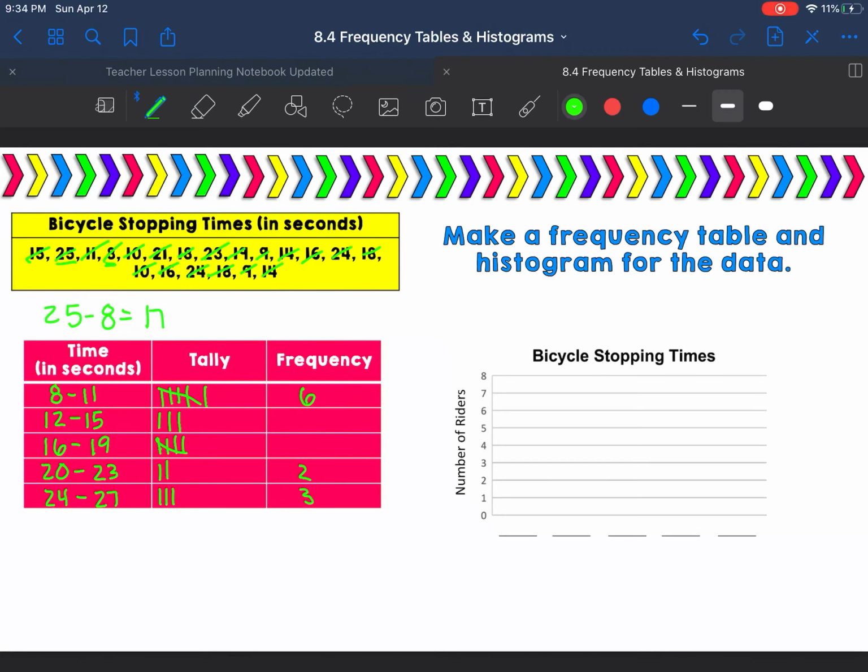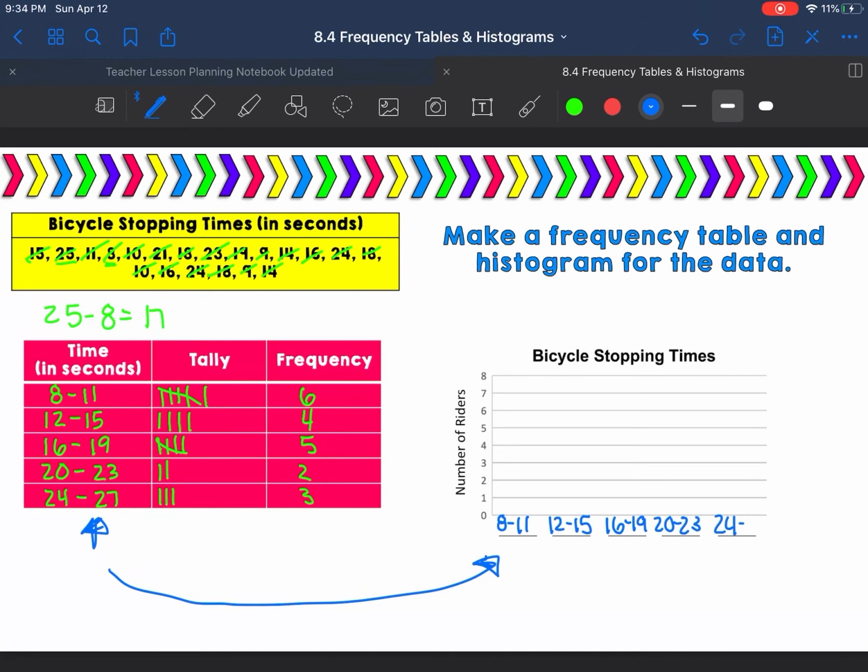Sorry guys, I accidentally gave my 14 tally mark in the wrong spot. That should actually be 4, that should be 5, my bad. So now I'm going to take my time intervals over here and plug them in over here. So that would be 8 to 11, 12 to 15, 16 to 19,